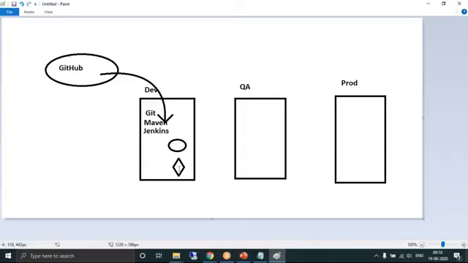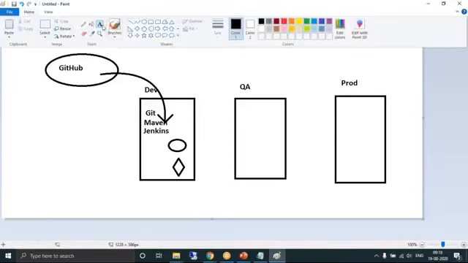How do you access the artifact? Once the application is ready, we will be deploying the application in the testing environment so that the testers can test that particular application. So we'll be deploying the artifact into which server? The QA server. So for that, you need a server to be installed. We'll install Tomcat. We need one server.